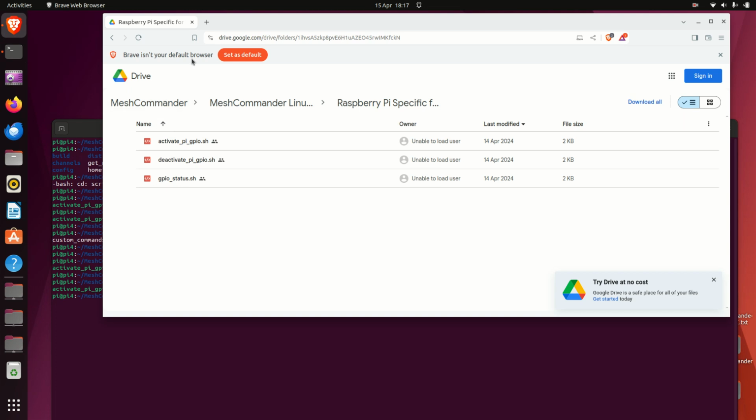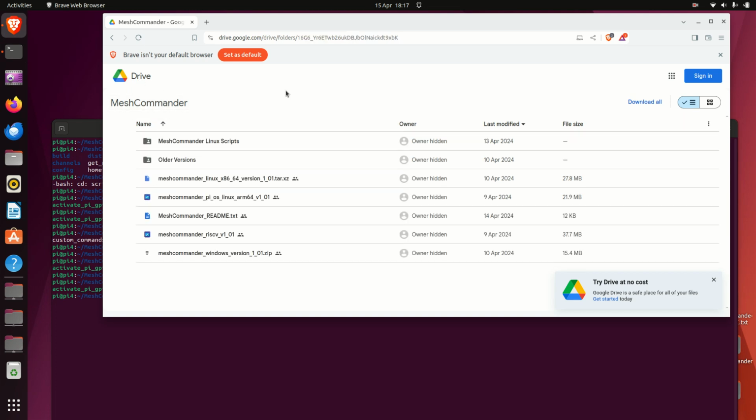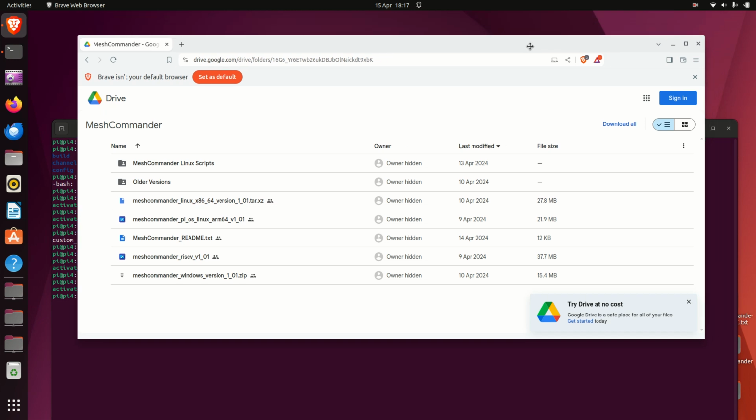Also, if you go to my download link, Google Drive, look at the README file. The README file actually does say how to automate it starting up by editing the rc.local file, so it'll run MeshCommander on startup. So check that out,